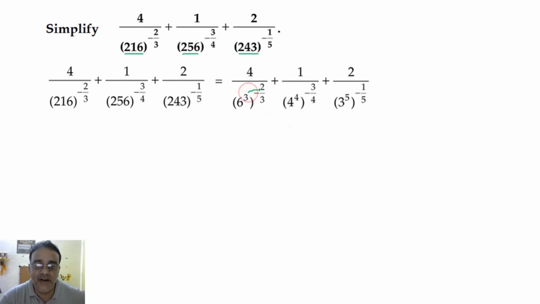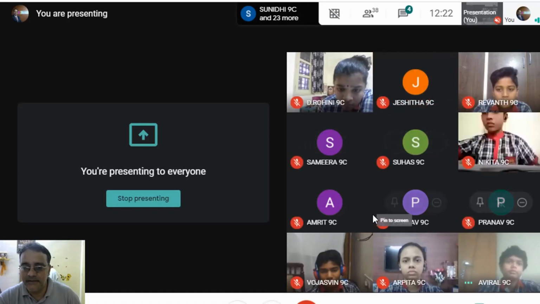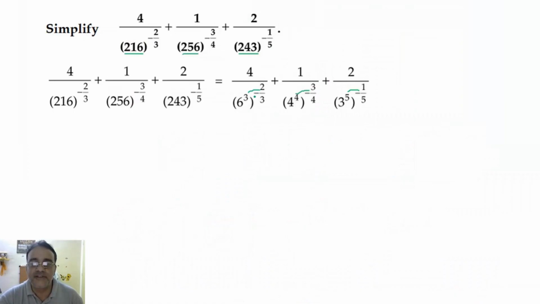Now in the next step you have to multiply these two. The powers you have to multiply. For this, which property you have to use? एक minute, Amrit. For this, which property you have to use? Multiply के लिए. Sir, a to the power m whole to the power n is equals to a to the power m into n. Okay? Repeat.